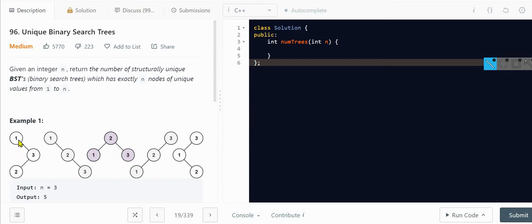So the tree containing the elements, suppose this is the node, this is the head, and the right child node of this head should be greater than it, and the left node of this head should be less than this element. So here 3 is greater than 1 and 2 is less than 3. Right.